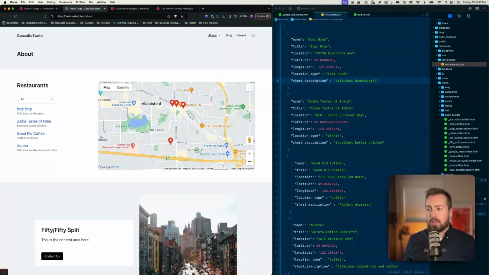It's so easy to just drop in this file inside of my resources directory, and then once I create the dictionary field type, all I have to do is select the file name basically, and there it is. I can edit this as I want. I don't have to go through any of the control panel for editing my content anymore. It saves me a lot of time